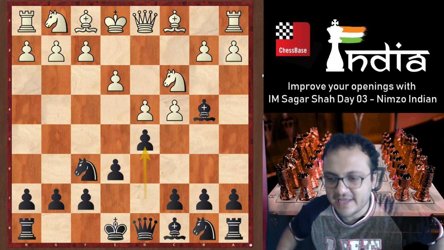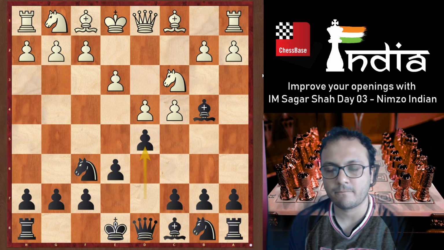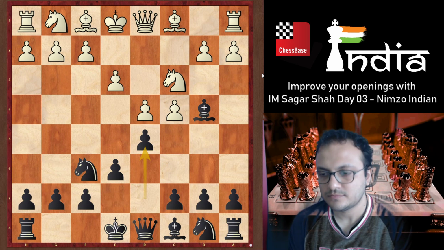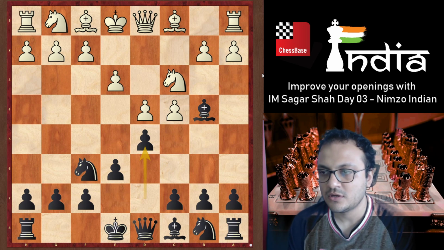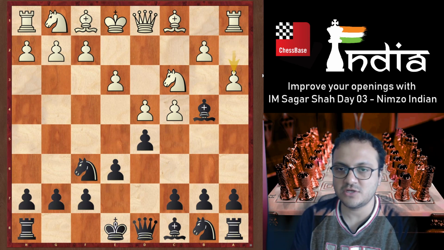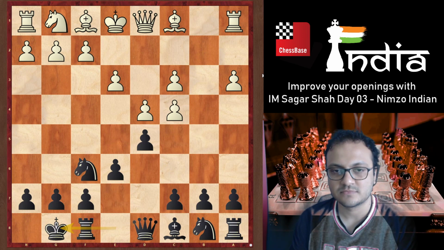So, what should white play? Yes, Raman Chandrakar, you are absolutely right. Narayanan, Pradeep, Kimaya, very good. A3, that's the right move. So he took. He played castles. Now I took, he took.